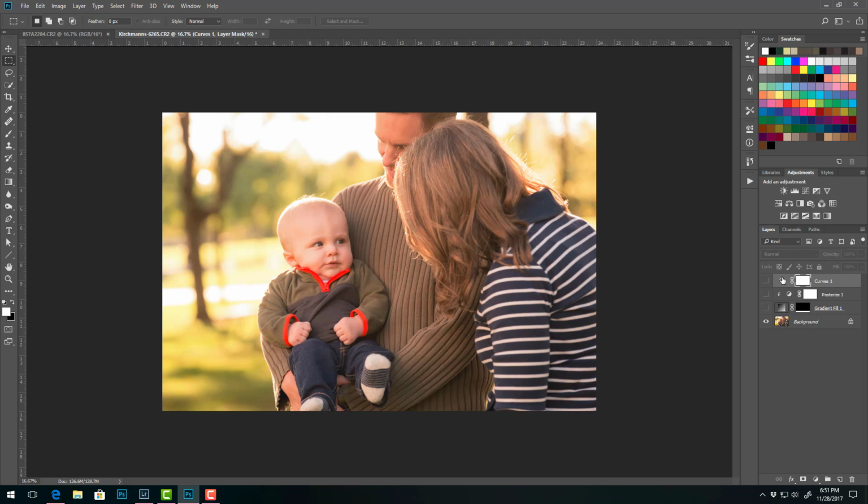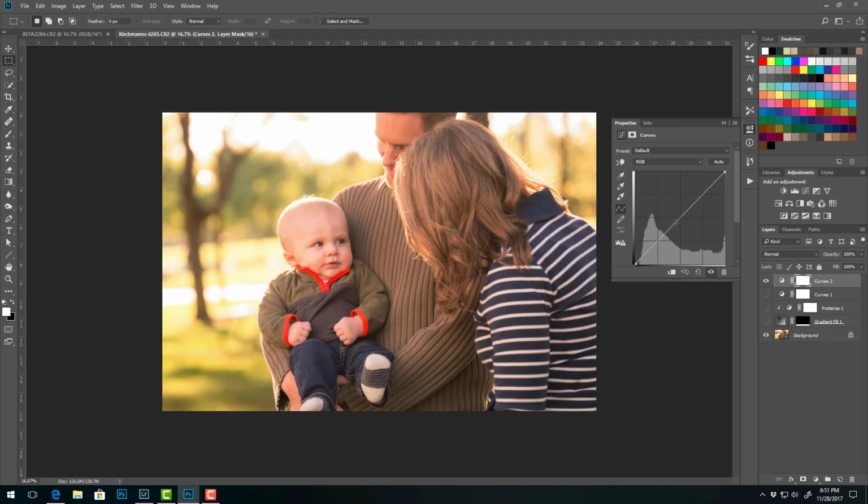So what Curves is doing is basically adjusting those channels as you move this curve up or down. And you can see right now, if you are looking at this, you have the same channels here, red, green, and blue, available to you. And anytime you click and add a point on this curve, you can see it's adjusting through the tonal range